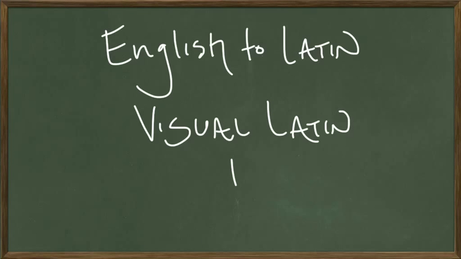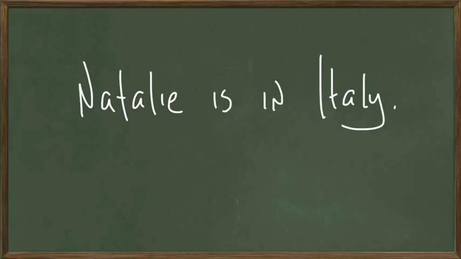In this video we're going to flip some of the sentences that you see in Visual Latin in the first lesson. Instead of going from Latin to English, we're going to flip them and go from English to Latin. Let's take a look. If we had the sentence, Natalie is in Italy, this is in English, we're going to